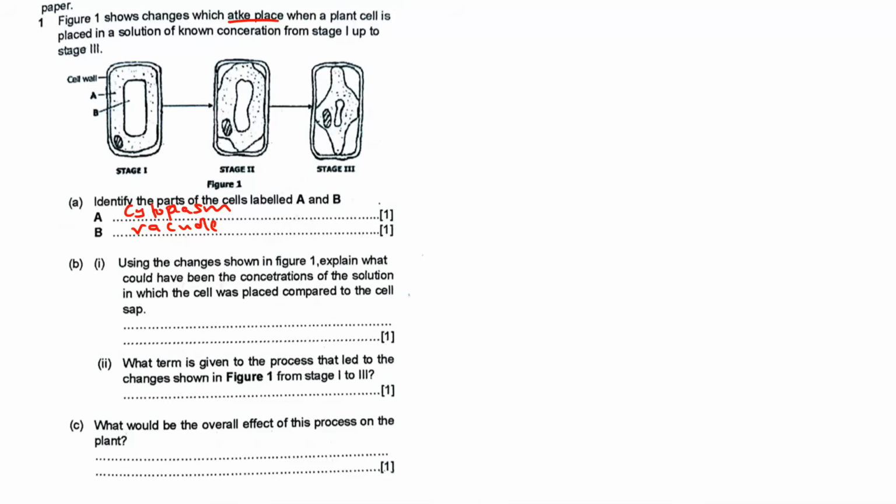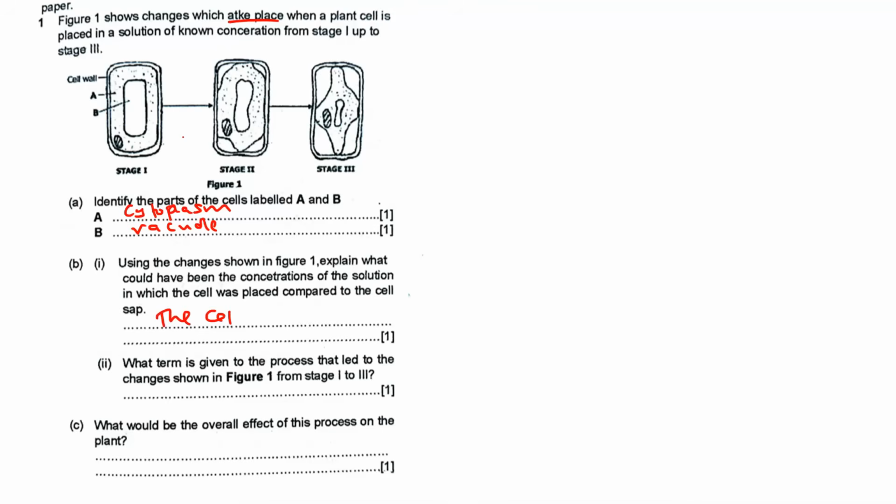So this is the cell that was put in solution, and these were the changes. Okay, you can see the detachment of the cell membrane from the wall, the detachment of the cytoplasm. So here, what is the concentration? If there's detachment here, it means there was loss of water, which means the inside of the cell was less concentrated compared to the solution. So we can say